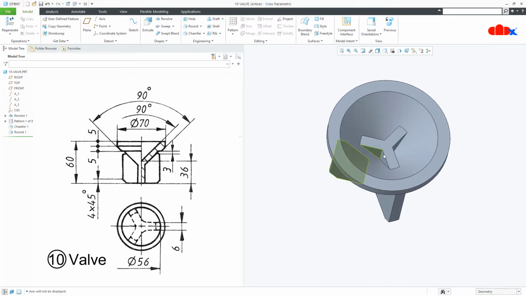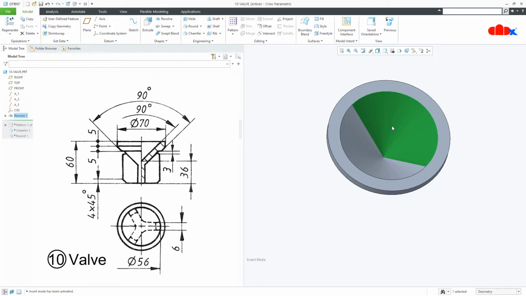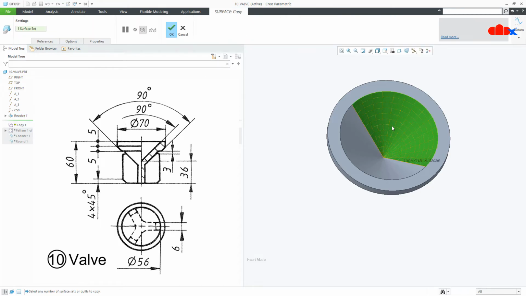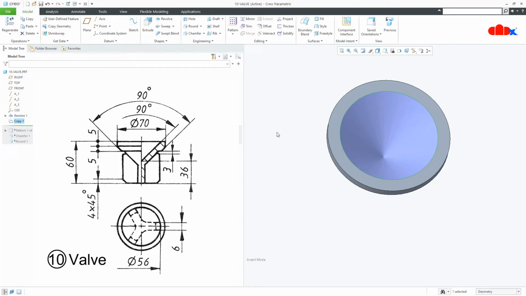Now you have this little portion extra, so to remove it, you just move it up, select this surface, Ctrl C, Ctrl V. Now hold the control key and select this surface. So now you have selected both the surfaces. Now you say OK. So I have just created this surface.